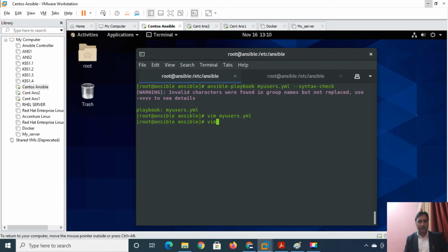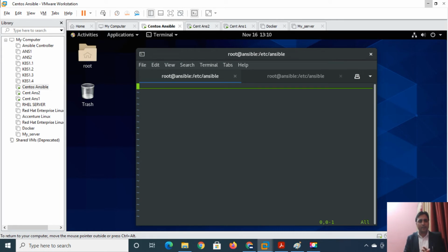Now again I am going to write another playbook, whose name is loop.yml. You can assign any name, right? I want to create multiple users, right? Same thing, go to the insert mode, right? Name, creating some users, right? Hosts, I said all the machines. Tasks, what do you want? I want to create some users.